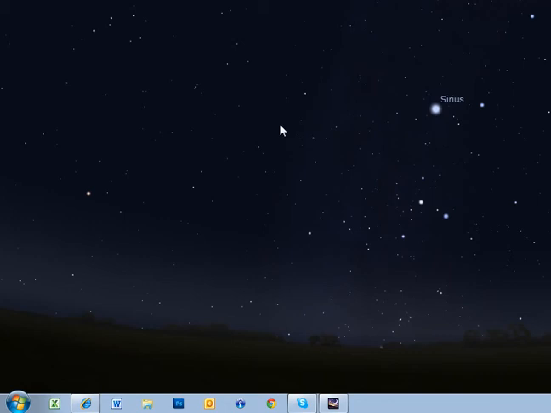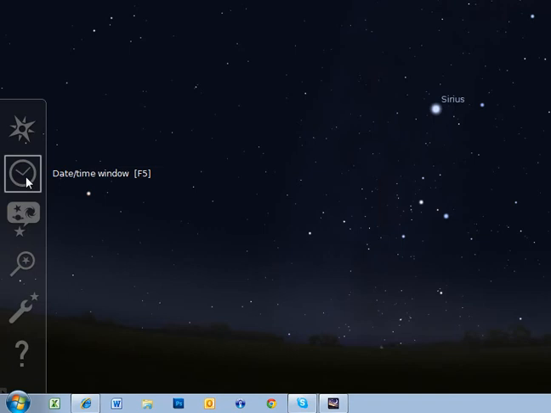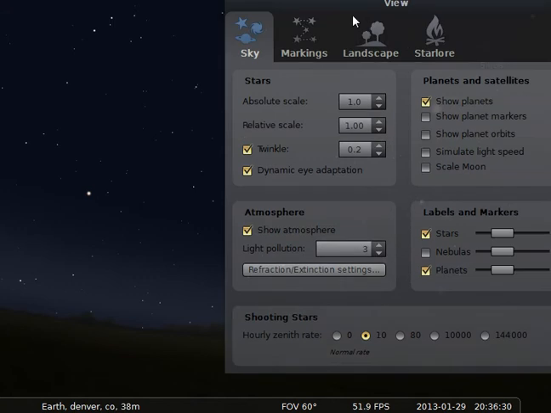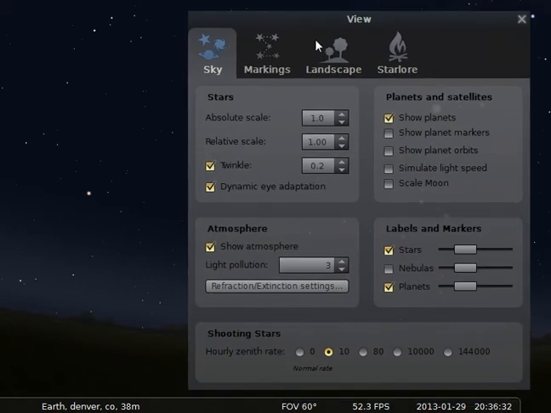Okay, let's begin this next session. We want to take a look at the date and time window. I thought I might also go back to the sky and viewing window, and we'll see